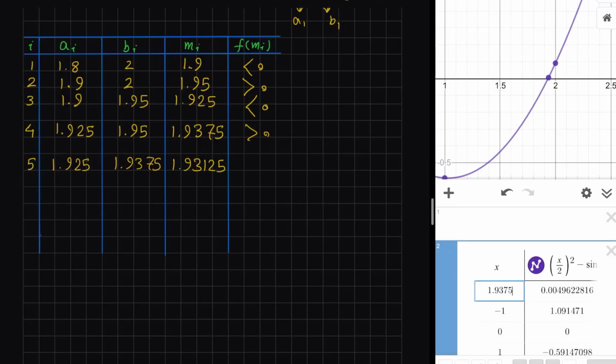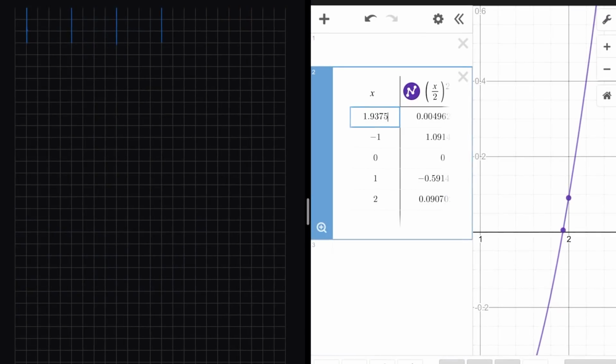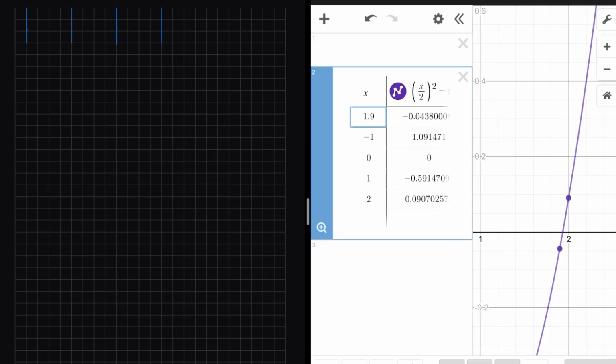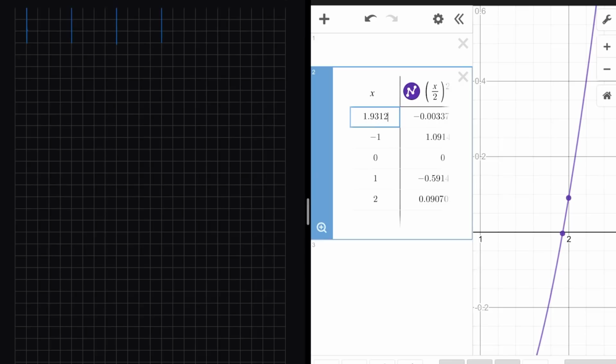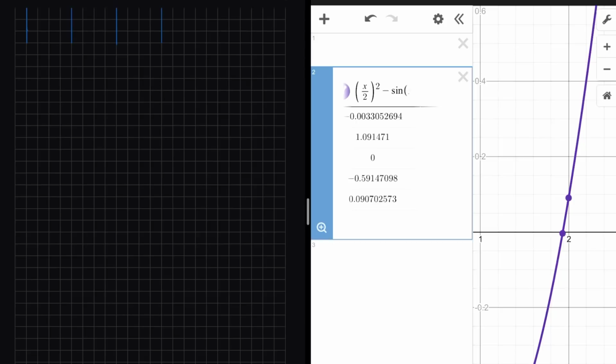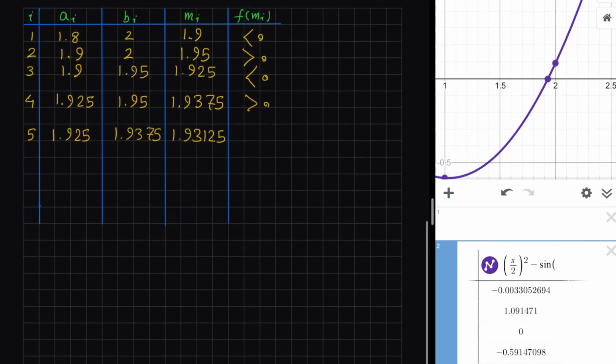Let's look at the sign of f(x) at this new midpoint again, using our calculator. 1.93125. It is negative, minus 0.0033. So getting back to our table, it is negative,